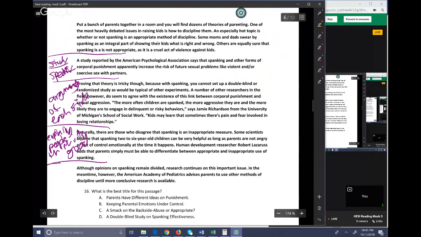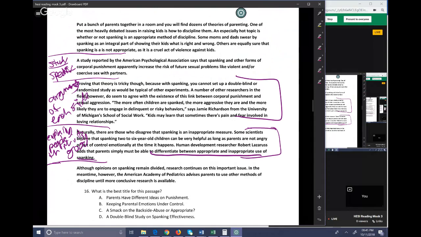So they're explaining the side further. They explained each person's side here. They're further explaining the side of people who think spanking is a good thing here, but they're letting you know how it would need to be done. So there's a differentiation between inappropriate and appropriate spanking having to do with the parent and what they are conveying to their kid in terms of their emotion and their position when they're doing it.